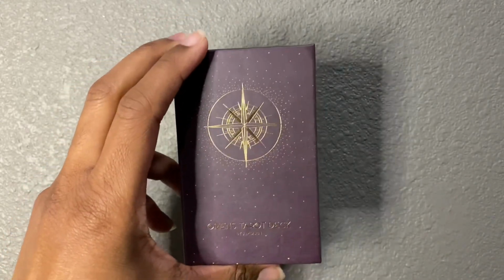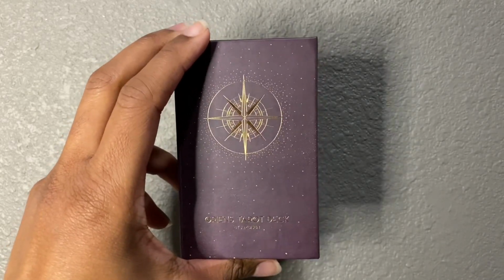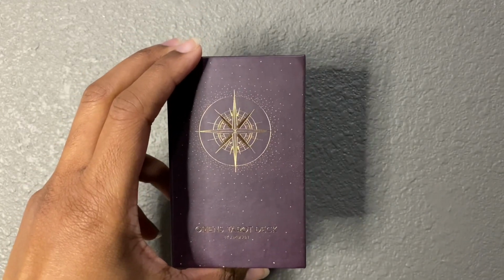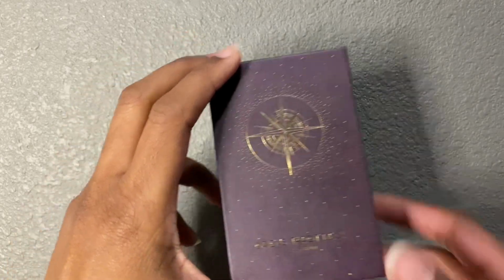I've never ever received anything in such a manner that it was just highly disgusting. I could not even open it in my own house. I had to open it outside and discard everything. So